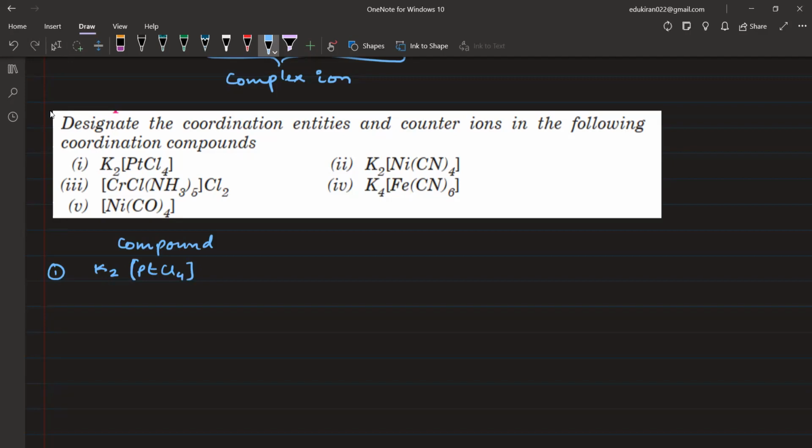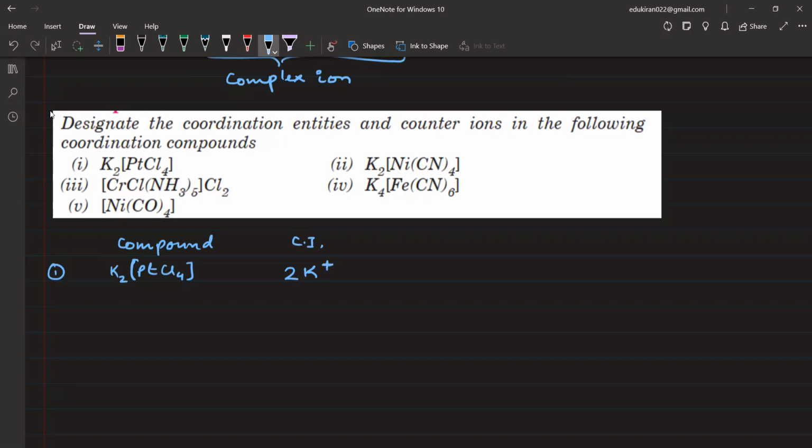ठीक है. The easiest thing to identify is the counter ion always. Okay, because counter ion बिल्कुल अलग से रहता है, छोटा भी रहता है. I mean, generally it is of only one element K2. So यहाँ पे counter ion क्या हो जाएंगे आपके पास 2K, 2 potassium ions, and potassium पे क्या चार्ज होता है? It is 2 positive charge. Sorry, मतलब 2 potassium तो 2 positive हो जाएगा, 1 potassium पे 1 positive charge. Okay, so in total the counter ion is having 2 positive charges.